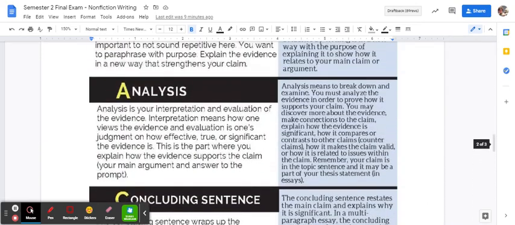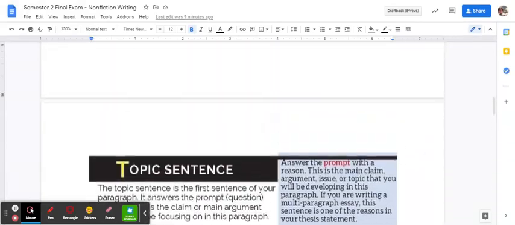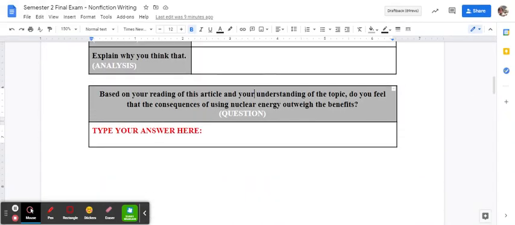Okay. So when you look at this, when you're putting this TPAC together, remember what we are trying to do is we're taking a very clear stand. Don't say, I believe it should be, but maybe not. There's no qualifiers, there's no extra whatever, right? It's just yes or no, one reason why you believe it's true, and an explanation of that. And that'll make a really solid TPAC for you. Good luck on this.